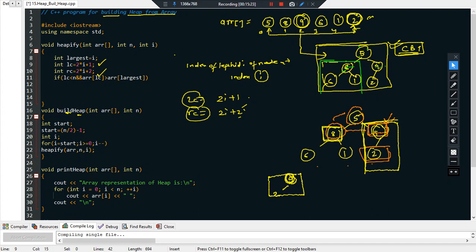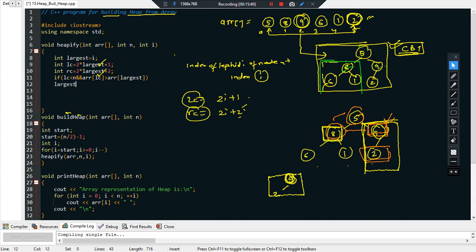I can write here 2 into largest, and here also largest. If I am initializing i to largest, let us write largest only. So if the left child's value is greater than the largest, then my largest variable will point to this index, that is the left child.